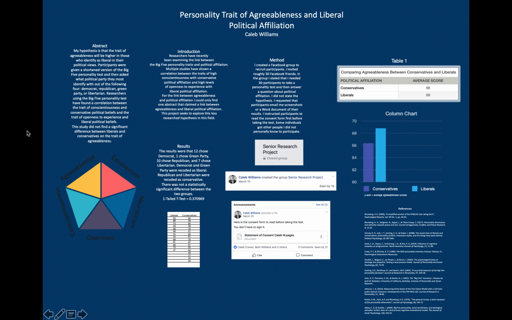This is my senior research project titled Personality Trait of Agreeableness and Liberal Political Affiliation. So first I'm going to talk briefly about the Big Five personality test and what it measures. The history of the Big Five personality test is that the first person to pioneer what would become